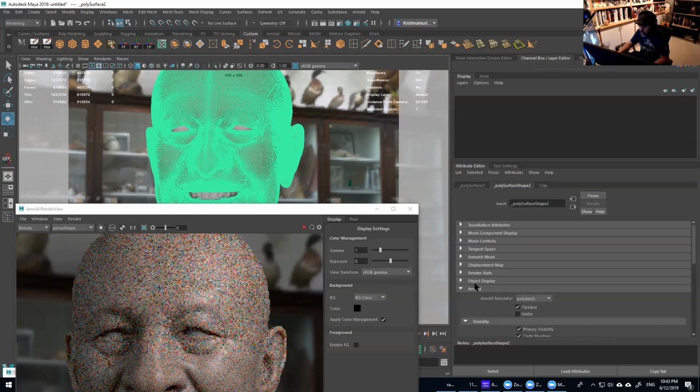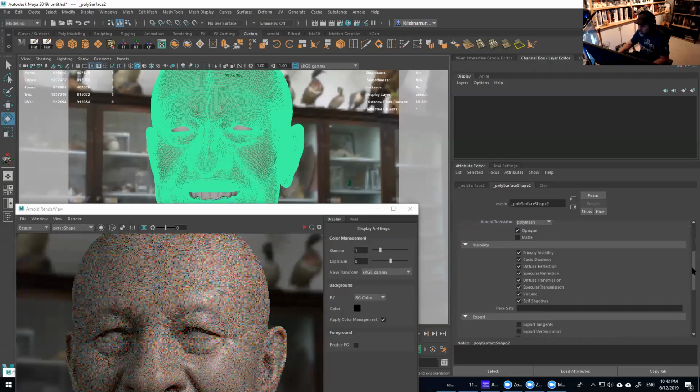And this is where you're going to put all the parameters for your displacement and all kinds of stuff. So by default, it has this opaque in here for any mesh you bring to Maya. So if it's a transparent object, in the case of the cornea and the sclera, you know, we're going to turn this one off, so we can actually calculate the transparent shadows correctly, right? But in this case here, for this guy, we're going to keep it opaque.